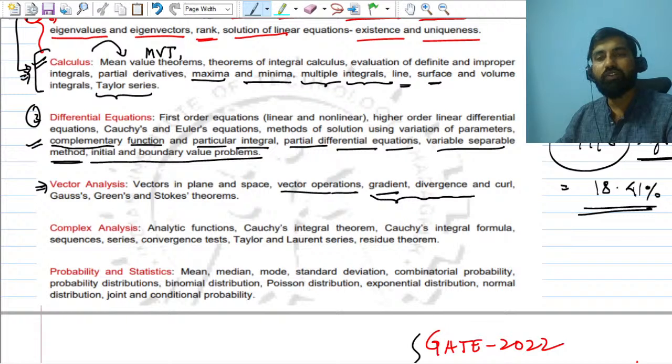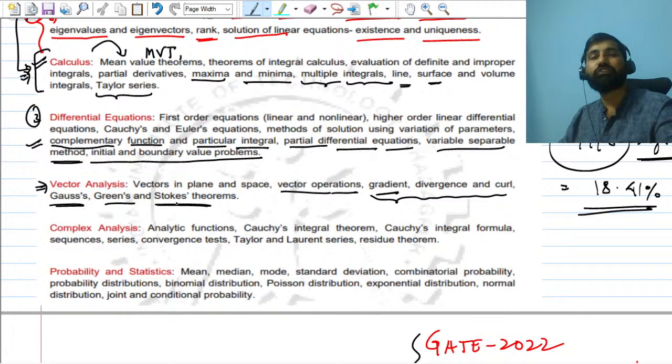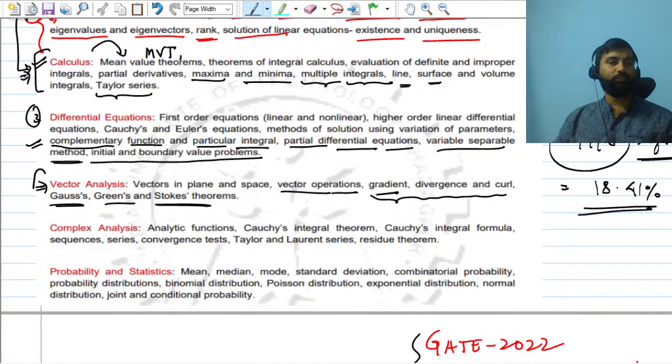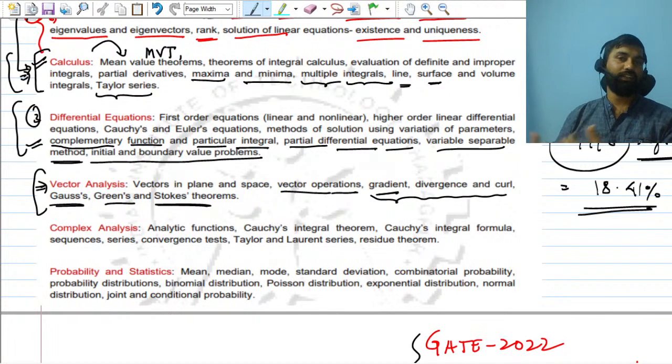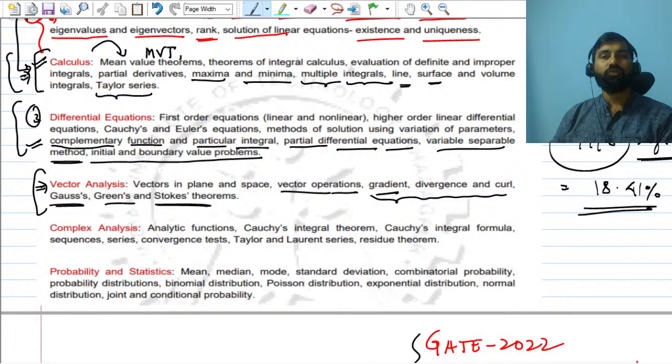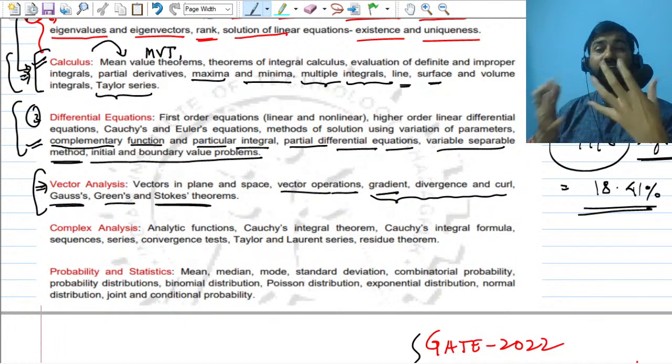You also need to understand the physical significance of gradient, divergence and curl, and the Gauss, Green's and Stokes theorems, right? So if you're good at vector calculus, differential equations and calculus, you will be good at electromagnetics, right? So I would suggest, whenever I teach electromagnetics, first of all I devote around 8 hours,